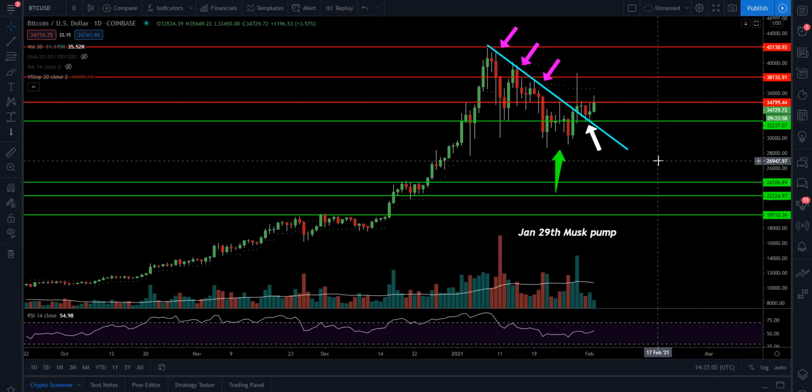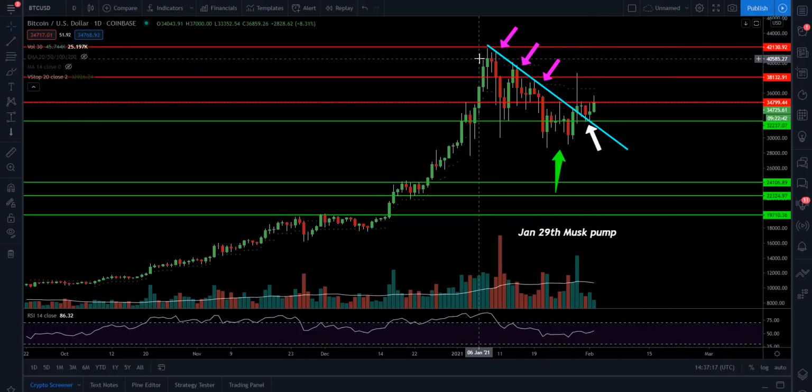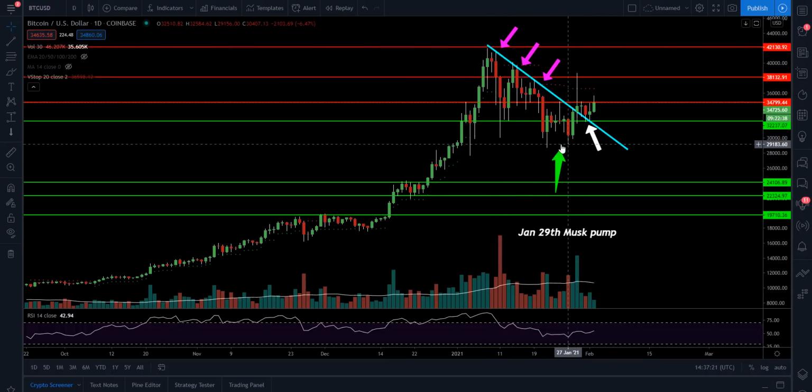Now the nice thing for us though, that broke us out of this trend line, and since then what we've done, we have back tested that trend line and found support roughly, we'll call it, at about $32,300, right in that range. So now what we have is our higher low. So we're trying to change the trend here. We're having these lower highs. Now what we're trying to do is have these higher lows that are coming in